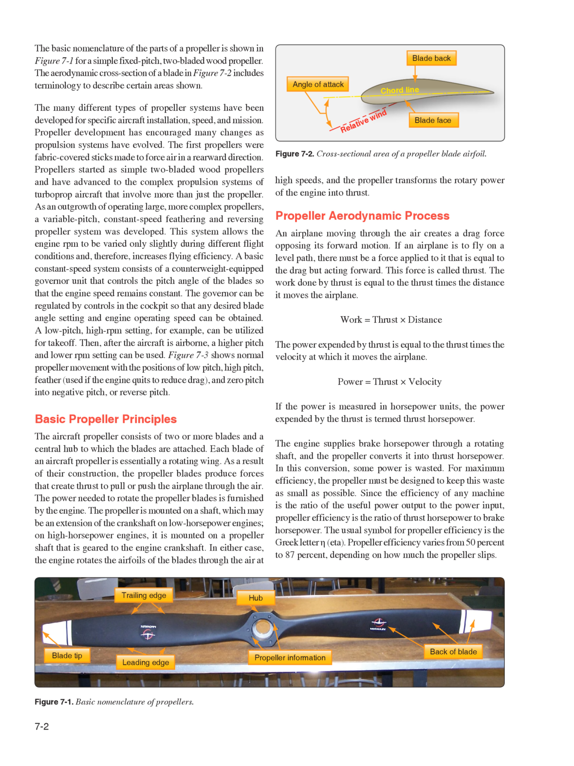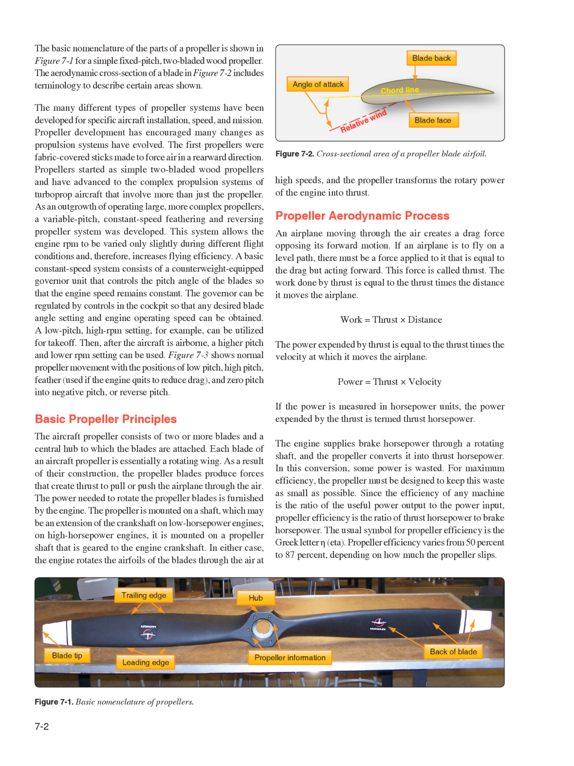The first propellers were fabric-covered sticks made to force air in a rearward direction. Propellers started as simple two-bladed wood propellers and have advanced to the complex propulsion systems of turboprop aircraft that involve more than just the propeller. As an outgrowth of operating large, more complex propellers, a variable pitch, constant speed feathering and reversing propeller system was developed. This system allows the engine RPM to be varied only slightly during different flight conditions and, therefore, increases flying